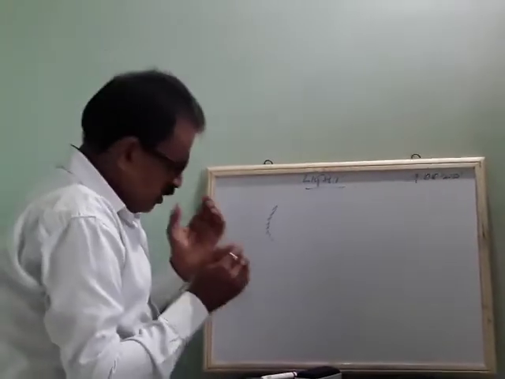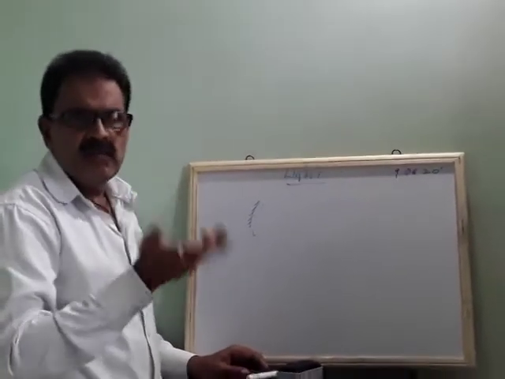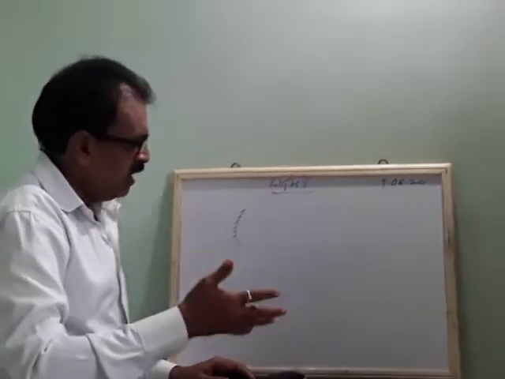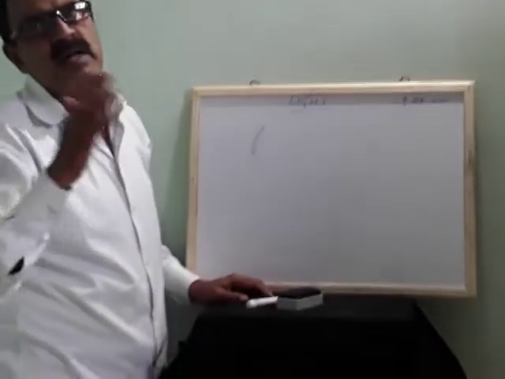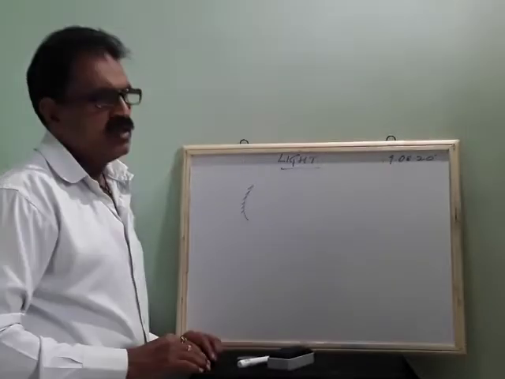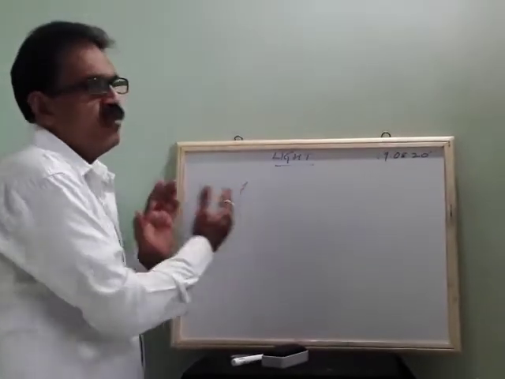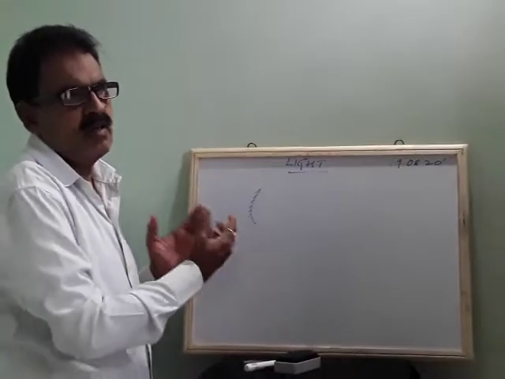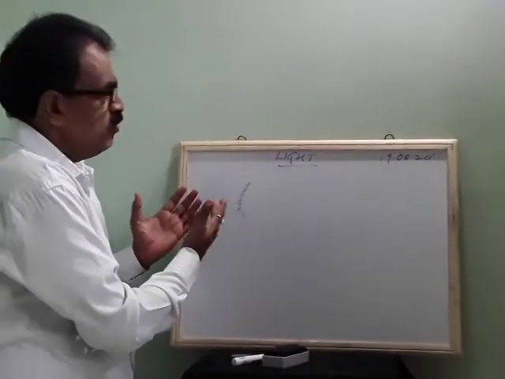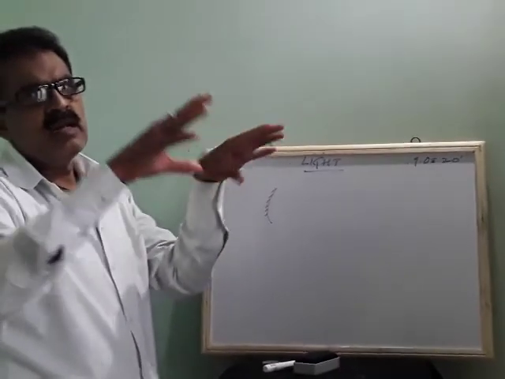Actually, in a concave mirror, the images are erect, virtual, and a little smaller or a little bigger in size, depending on the distance of the object. Convex mirrors are usually used as rear view mirrors in trucks, buses, lorries and all, because they give a bigger image. Even though they are small, they give a larger image.